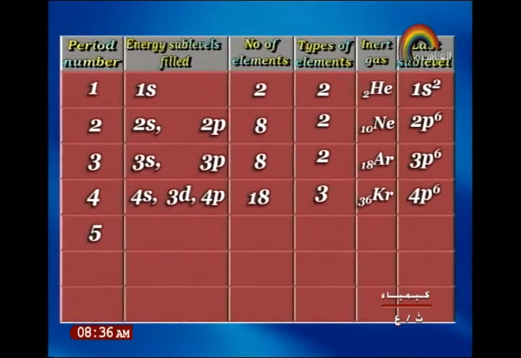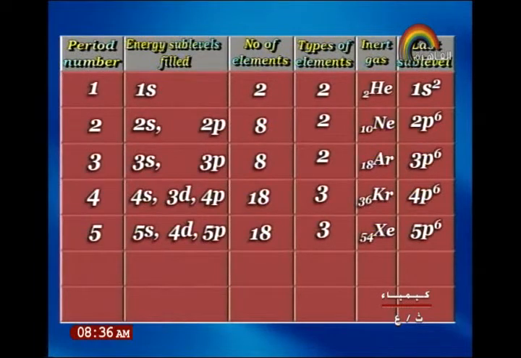In period 5, the energy sublevels filled are 5s, 4d, and 5p, and the number of elements is 18, and the types of elements are 3, and the inert gas is xenon, and the last sublevel here is 5p6. While in the sixth period, the energy sublevels are 6s, 4f, 5d, and 6p, and the number of elements is 32,